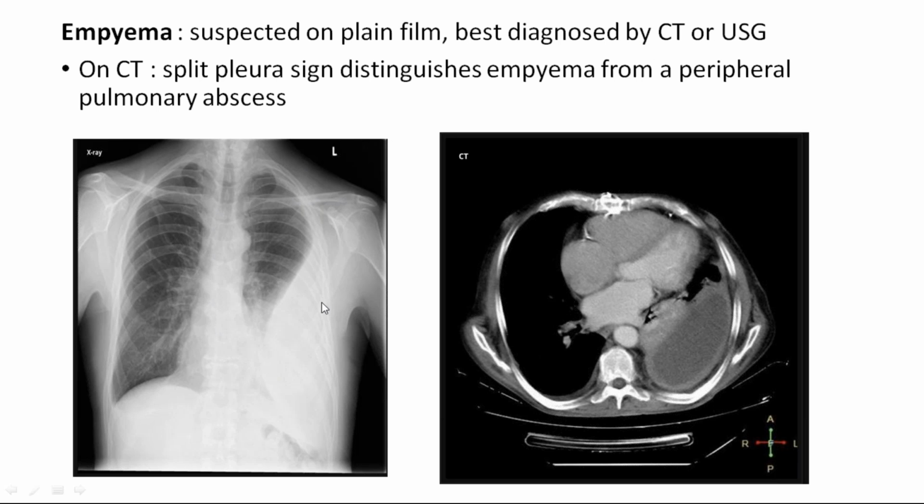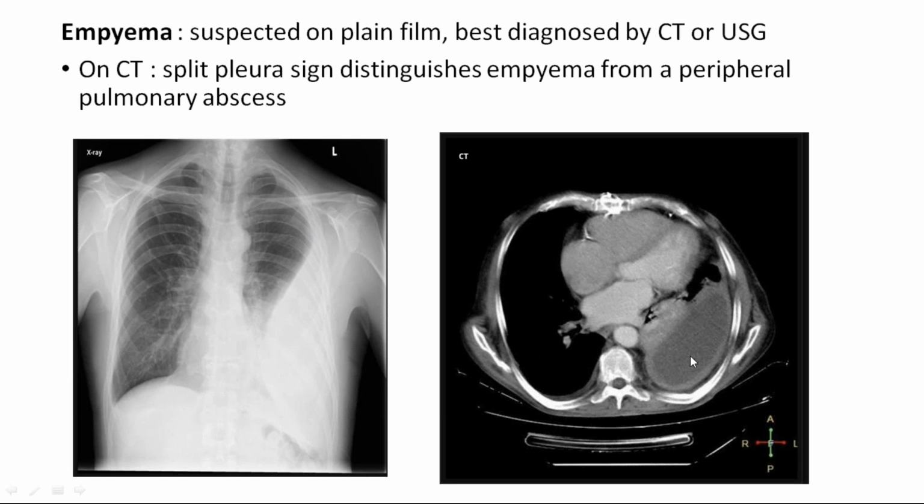This is the chest radiograph showing an effusion on the left lung with an obtuse angle seen with the chest wall. Usually the pleural based lesions will have an obtuse angle with the chest wall. Here we can see the angle is obtuse between the chest wall and the lesion. Whereas if the lesion is in the lung parenchyma, there will be an acute angle between the chest wall and the lesion. The pleural lesions usually will produce an obtuse angle.